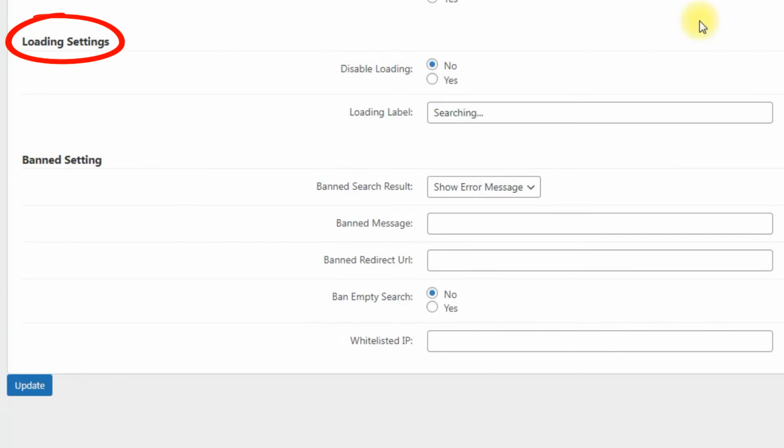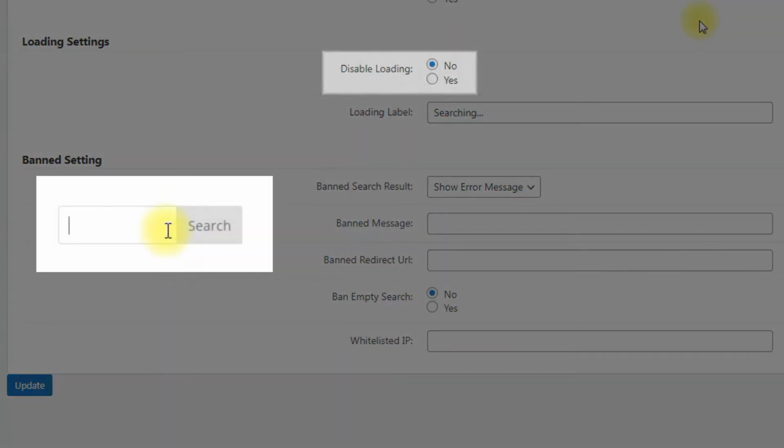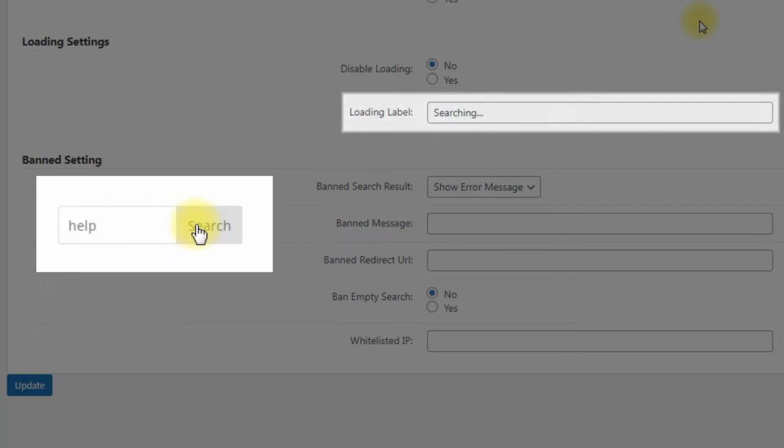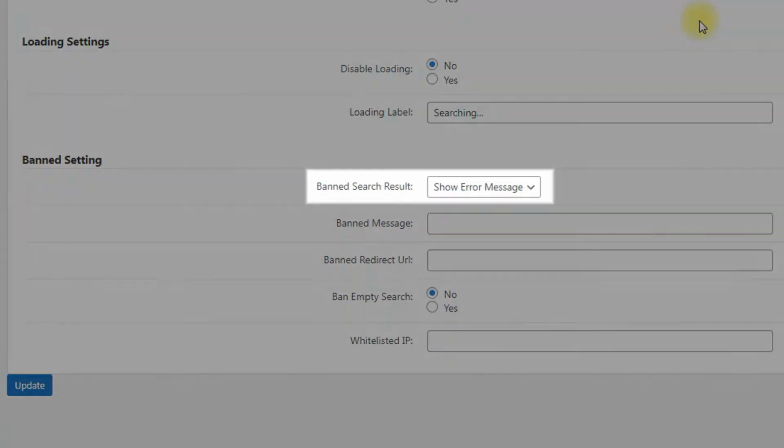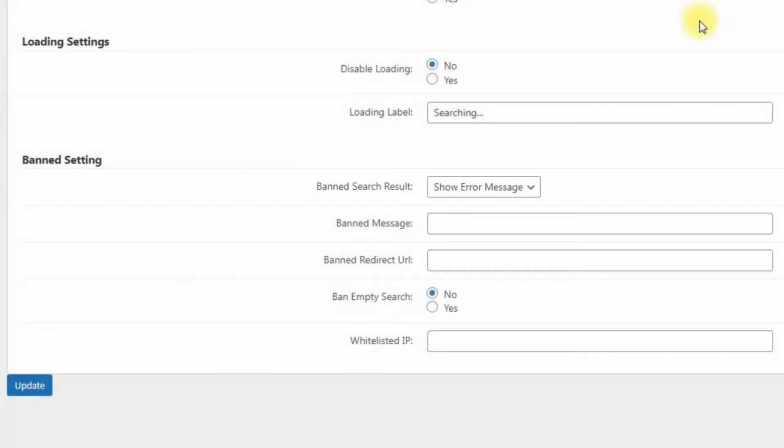The loading settings section. Disable loading: disable the loading icon after searching. Loading label: change the text of the searching label. The banned settings section. The options in this section define what happens when users search for a banned term. Banned search result: choose the action when the user searches for a banned term. The options are: show error message, display the customizable message to the user, or redirect, send the user to a